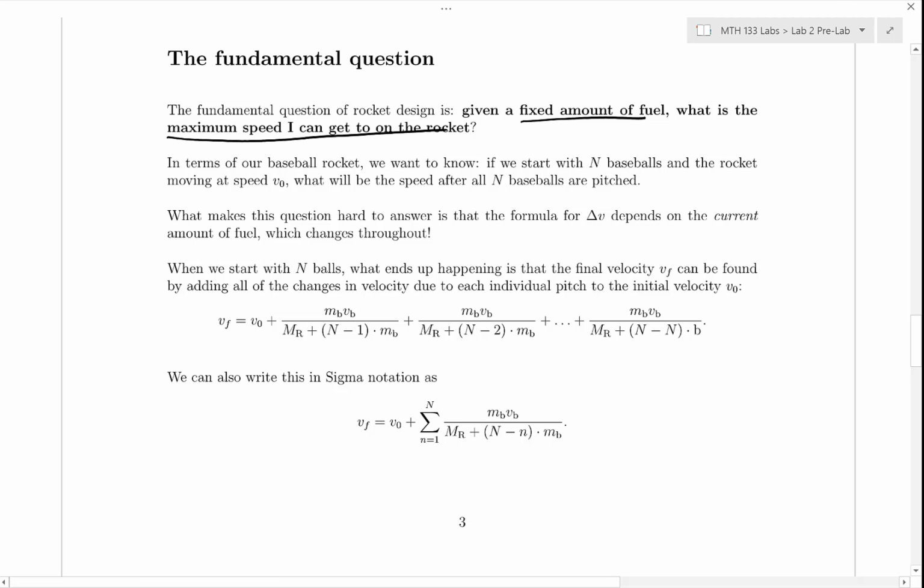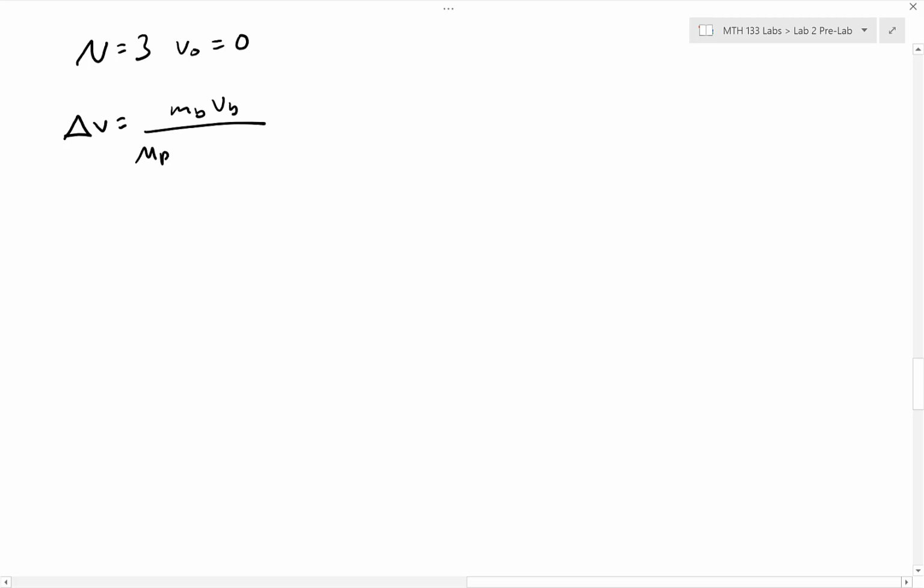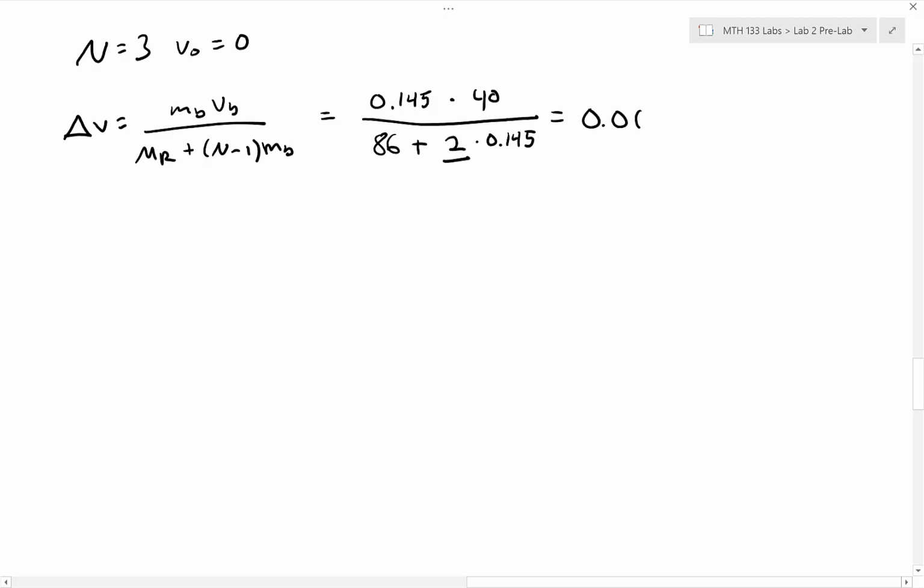Well, let's look at a specific example. Here we're going to consider 3 baseballs and an initial velocity of 0. We use our delta V equation, just like before, and we're going to plug in all of the numbers. Now on the denominator, there are 2 baseballs left. So we use 2 baseballs. We plug this in and we get 0.0672. Now we add that to our initial velocity to get the velocity after one pitch, which is just that same